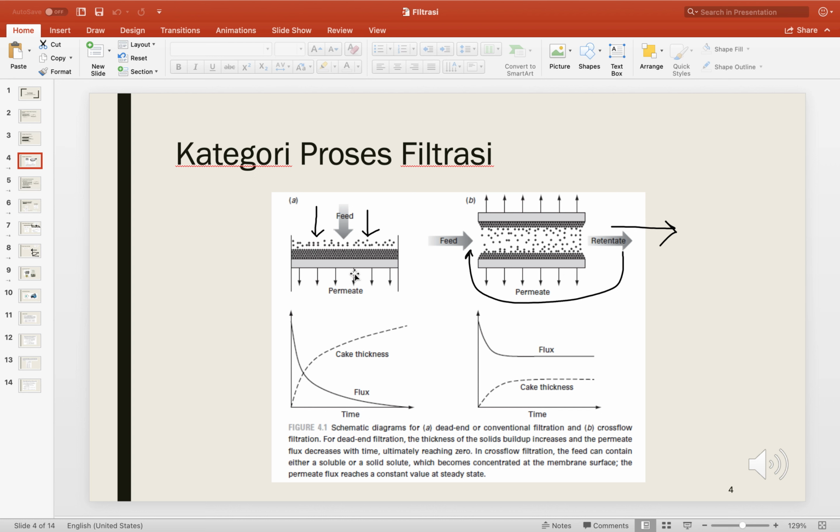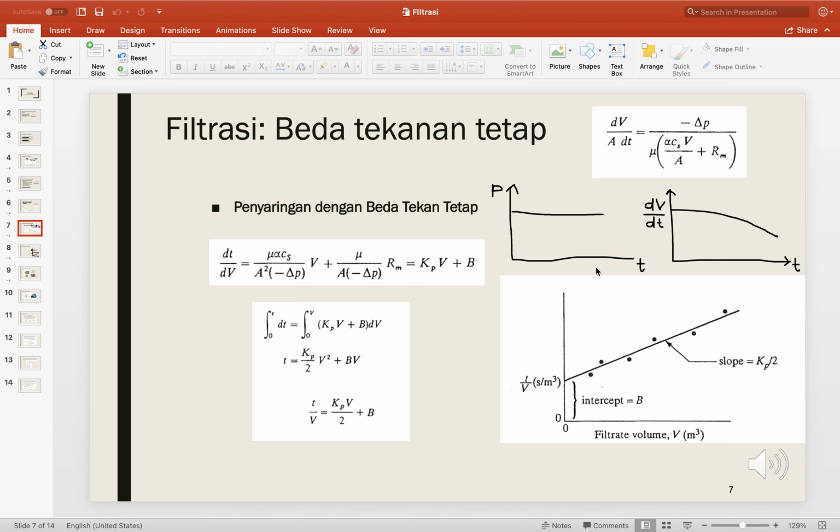I think you can also relate this phenomenon to real-life situations, when you have a water filter, or maybe when you try to get coconut milk from coconut flesh. When you have a lot of solids, the permeate or the filtrate flow is not as high. So this also happens in filtration. Basically, over time the solid on top of the filter will increase, and that will increase mass transfer resistance as well, when we have a constant driving force